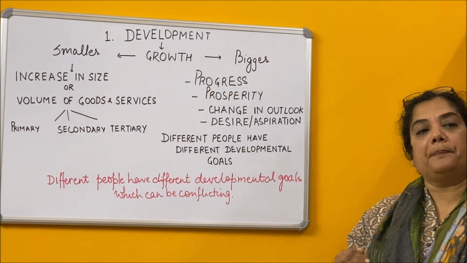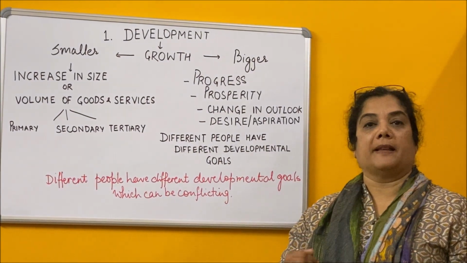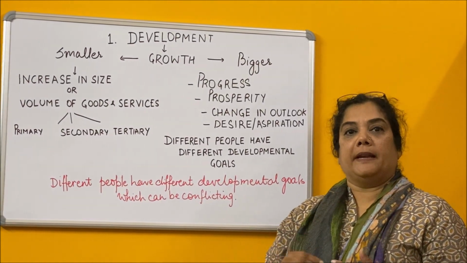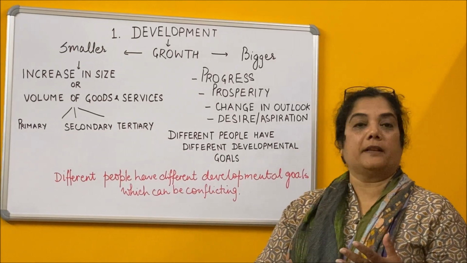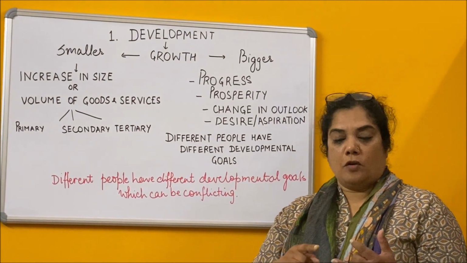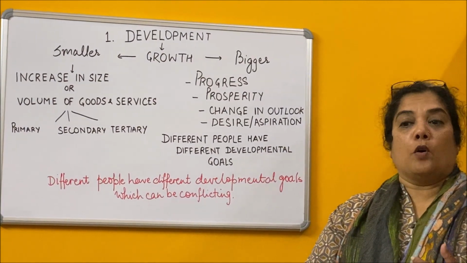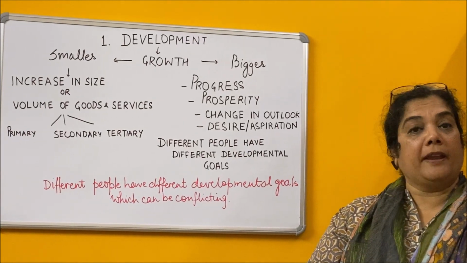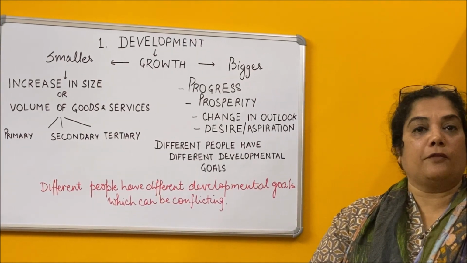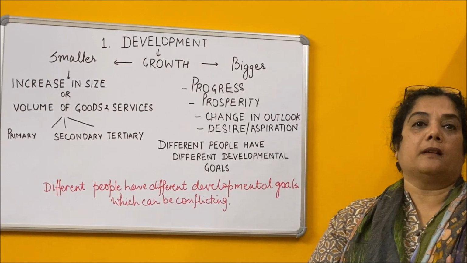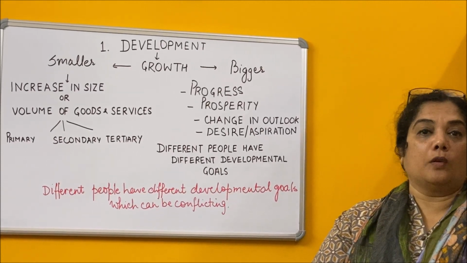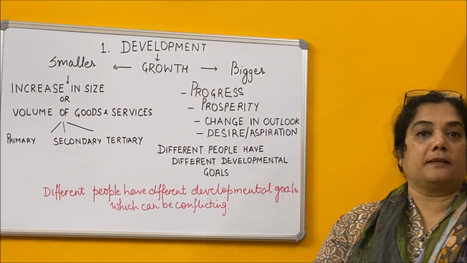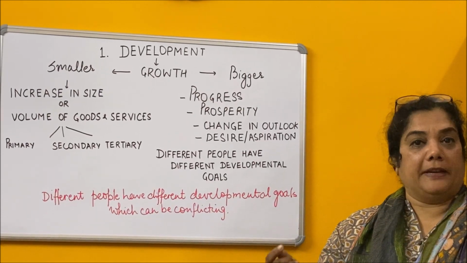And all these developmental goals that you study in the examples are nothing but asking for income or money, whether it is the prosperous farmer of Punjab, or the landless laborer, or a boy who is educated and is looking for employment, or an Adivasi who has been displaced, because he was also looking for income as a basis of earning wages.